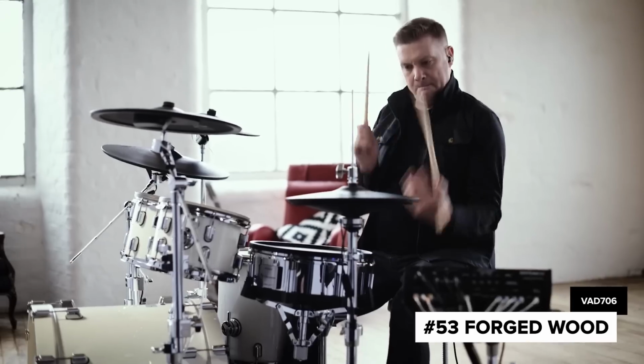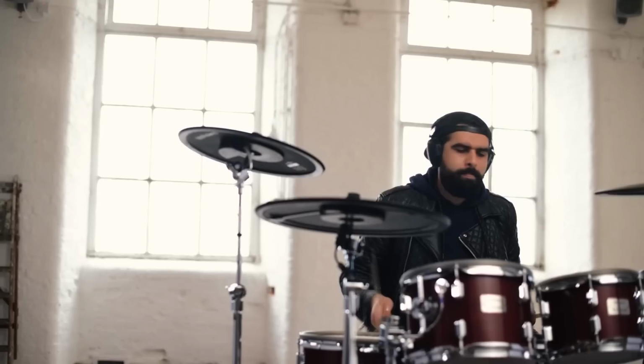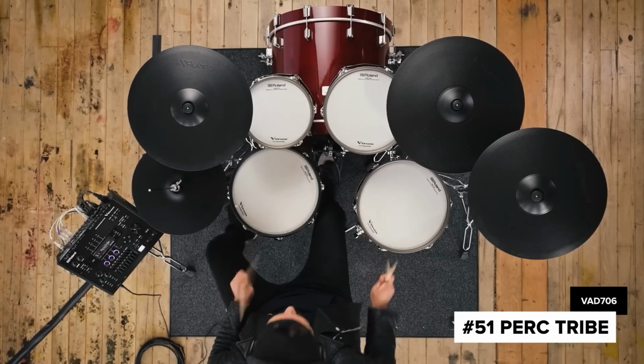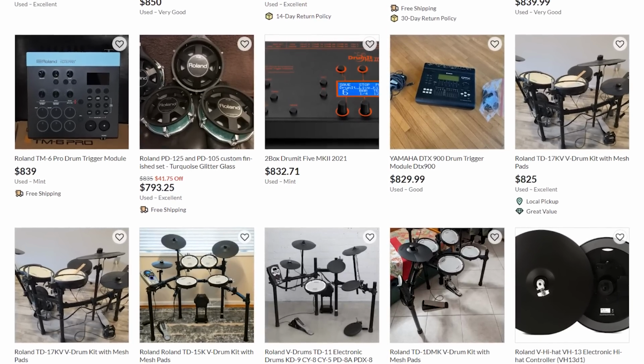Now, before we jump ahead into my list, I just want to mention a couple of things. Number one, I'm not trying to push anybody to spend more and more money and then waste their entire life savings. No matter what drum set you buy, there's always going to be a bigger and better drum set. Pick a drum set price range that you're comfortable with, and then just pick the best drum set that suits your needs within that price range. And also check out the used market, and if you can't find anything on the used market, then buy a new drum set. Okay, so let's start off with the cheapest drums first, and then work our way up in